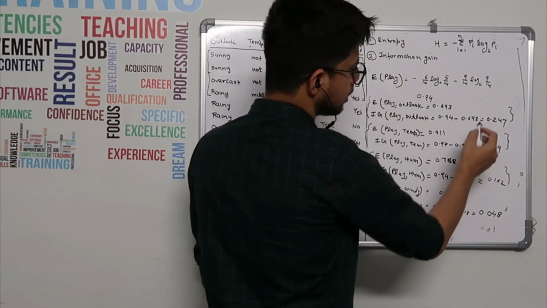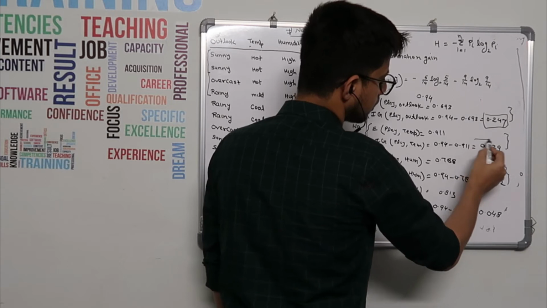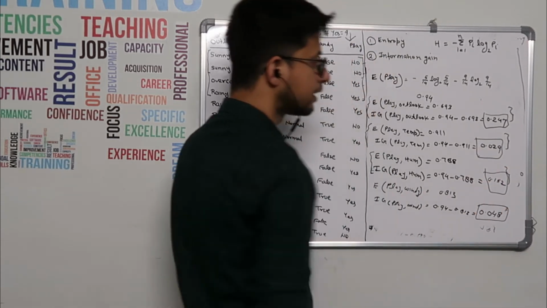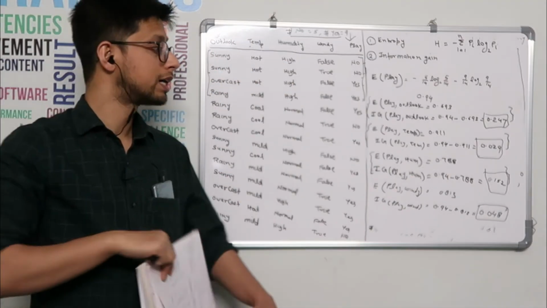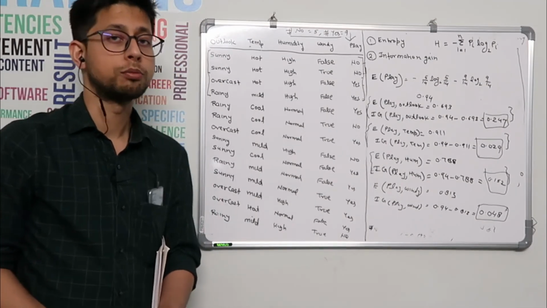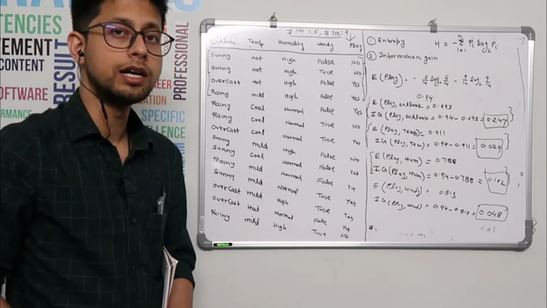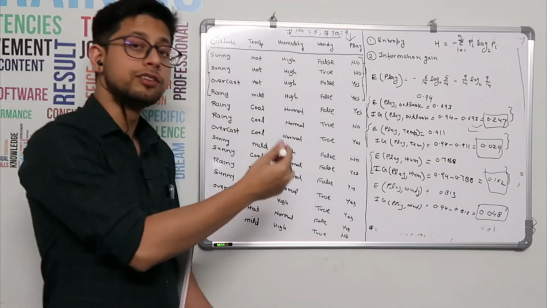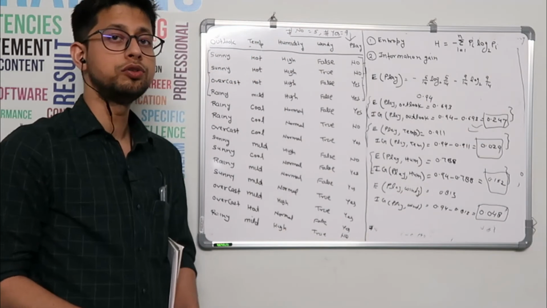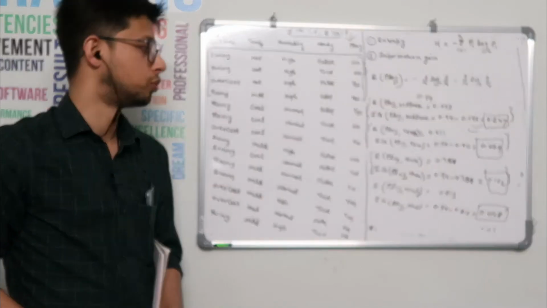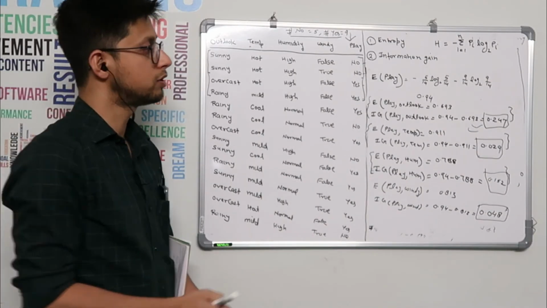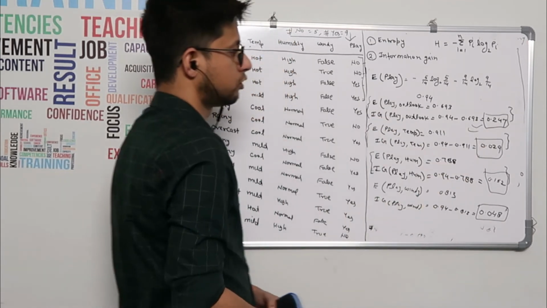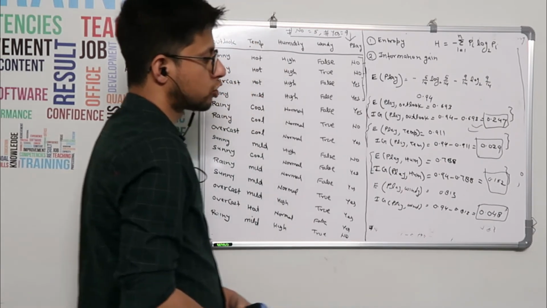Now you compare these values, this one, this one, this one, and this one. Where there is more reduction in entropy, there is more information gain. Reduction in entropy is nothing but the information gain, right? So here you have more information gain. This is the decision factor. It tells you to split with respect to outlook, not with respect to the others, because by splitting with outlook we are getting more information gain. Here the reduction in entropy is more.